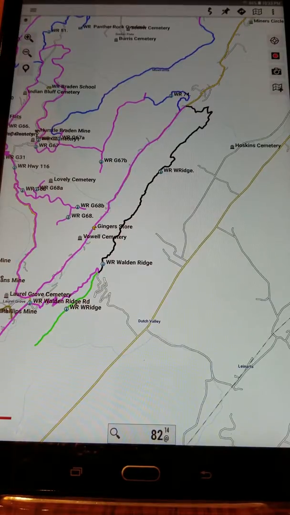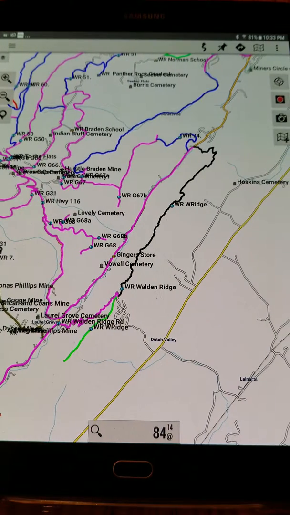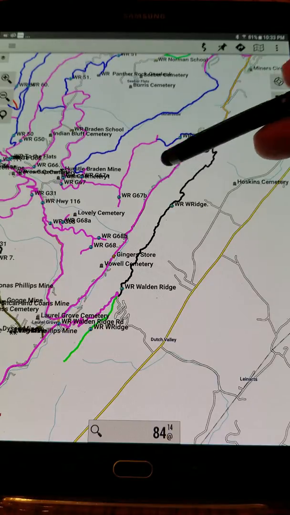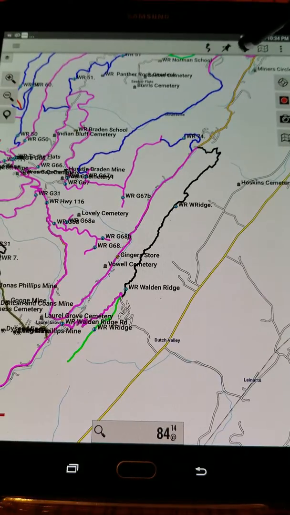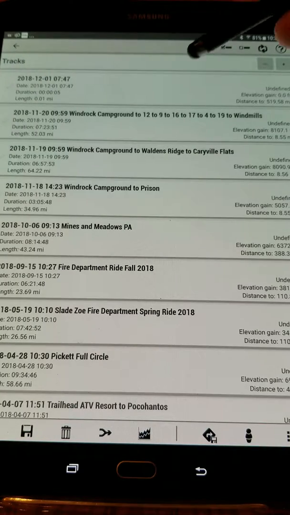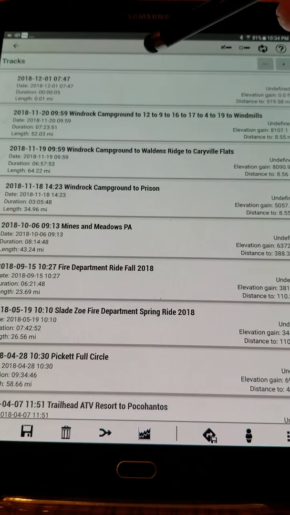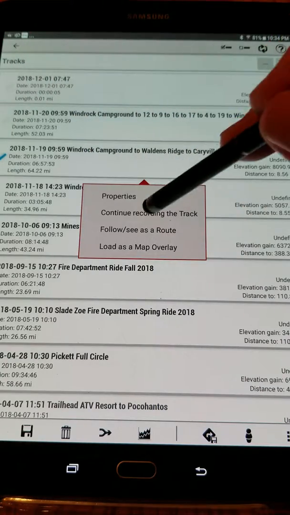So when you start pushing this button, you'll be creating tracks, and I didn't load all mine on here, but I wanted to show you. Let me take yours out and pull mine in. So this is my tablet. What if you were riding this area and you wanted to take a look at the route you did the last time you rode? So I can come in here and go to manage my tracks, and you can see I've put names to them. But if you look here, I did a Windrock Campground to Walden's Ridge to Caryville Flats with both of you guys. So I click that, and then I'll follow it as a route,